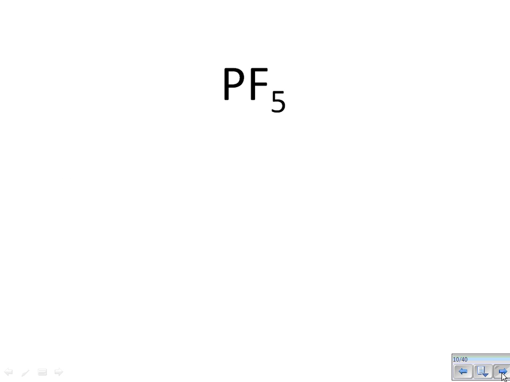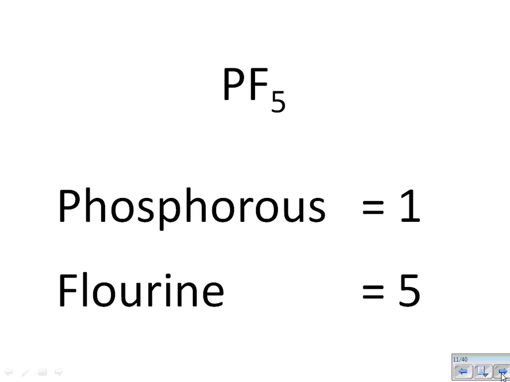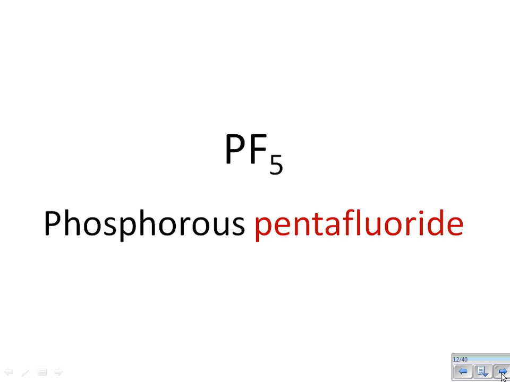Let's go back to our compound. We've got one atom of phosphorus and 5 of fluorine. So which prefixes are we going to use in our name? Well, we're never going to add mono to the front of a compound, so we're just going to use the name of the first element, which is phosphorus. We're going to add the prefix penta, or 5, in front of fluorine, and we are going to add -ide to the end. So this compound is called